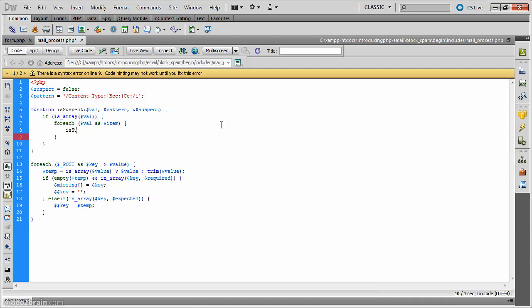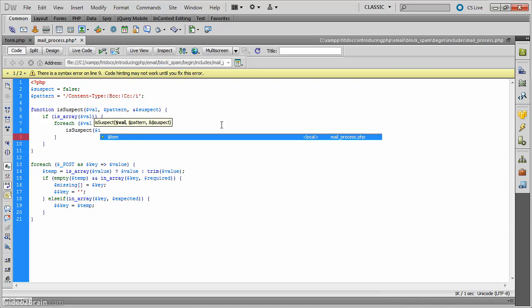In other words, I'm creating what's known as a recursive function. A recursive function keeps on calling itself inside a loop until it's dealt with all the items that it needs to deal with. So what this will do is tunnel down into the $_POST array to find each individual element. So we need to pass $item as the first argument to isSuspect, but we use the same pattern